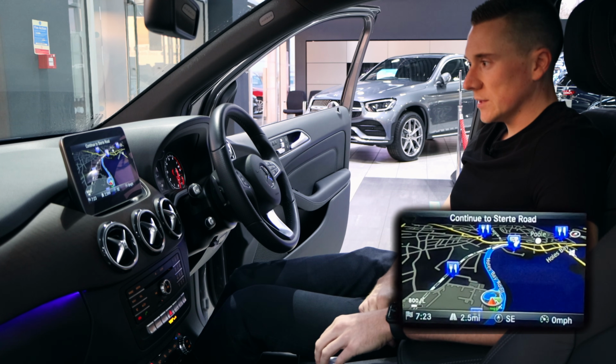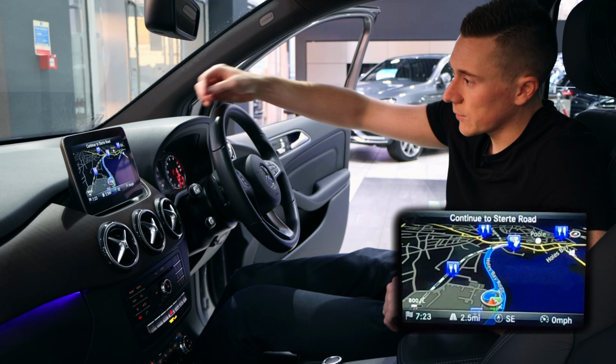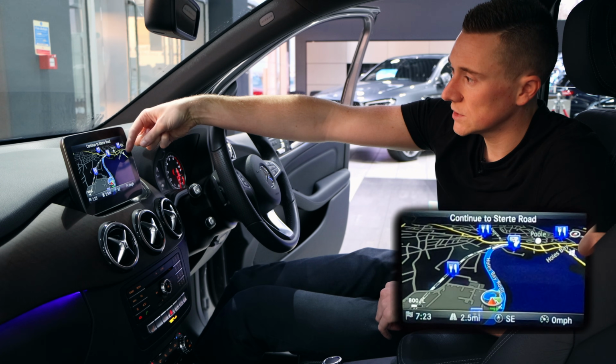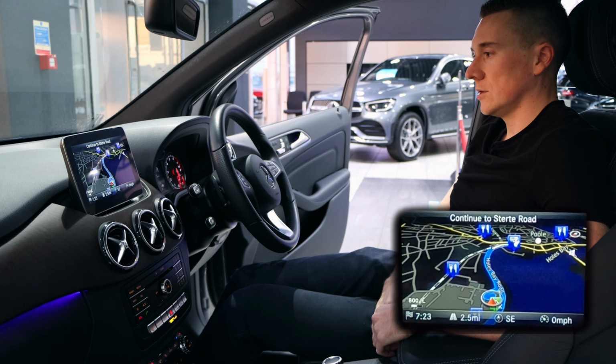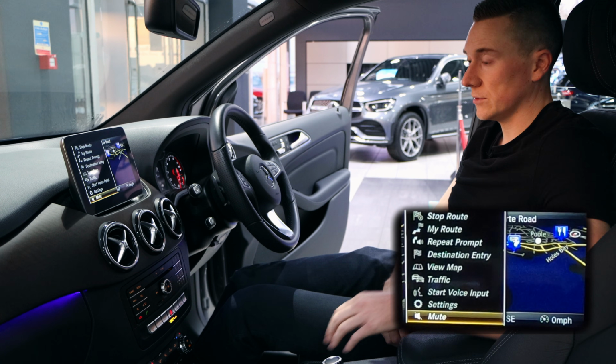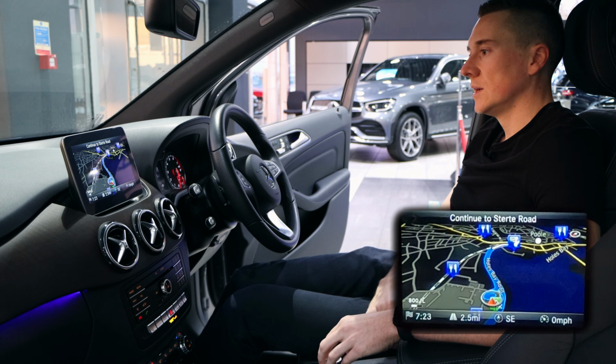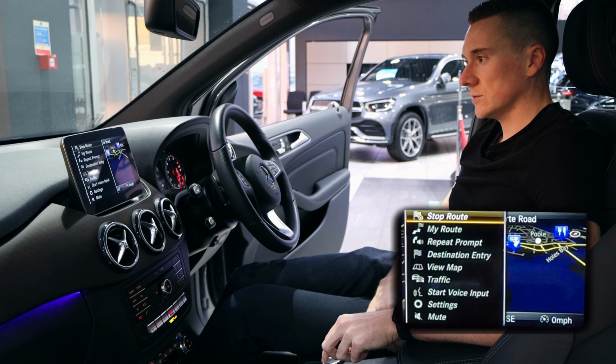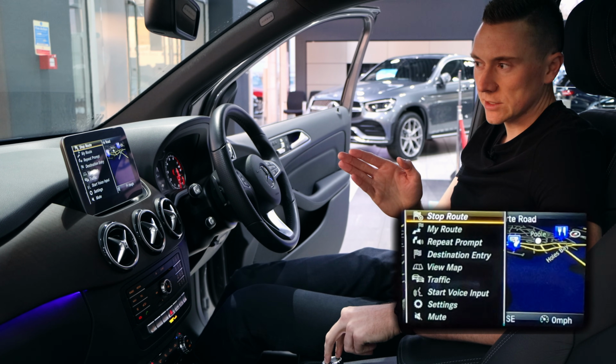Now, although it's a little bit hard to see, I'll just point on the camera. You can just see the mute symbol just here on the top right. And if I unmute that, you'll see that that little mute and unmute symbol will disappear. But yes, I'm just going to cancel that sat nav there, because obviously that was navigating to home and we